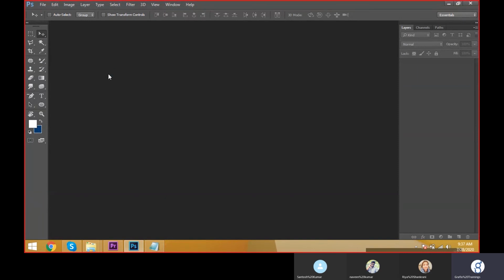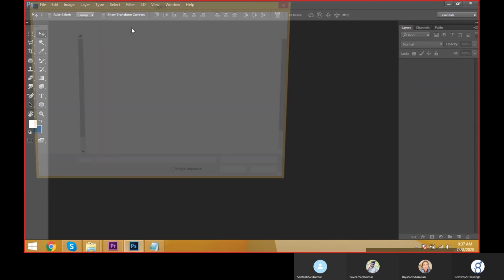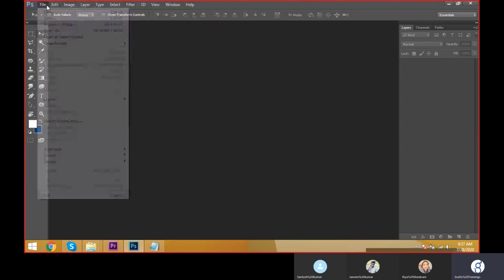And we have to connect to a server, but we don't have access to the server. Please quit the server. File,